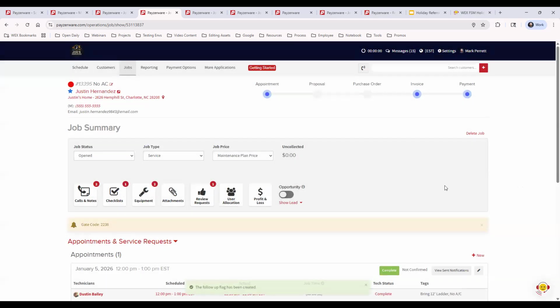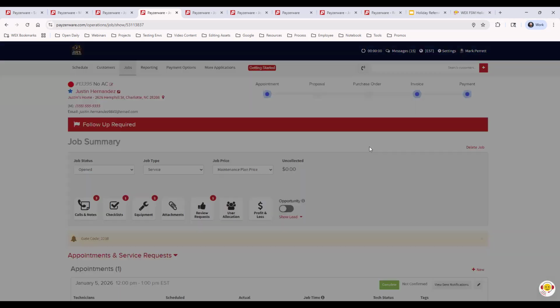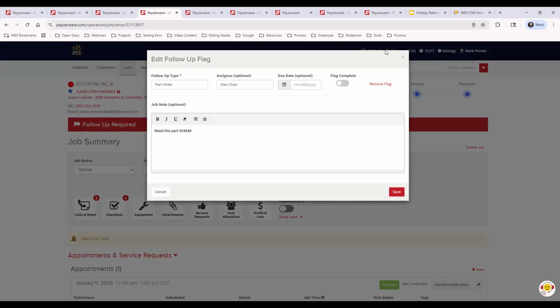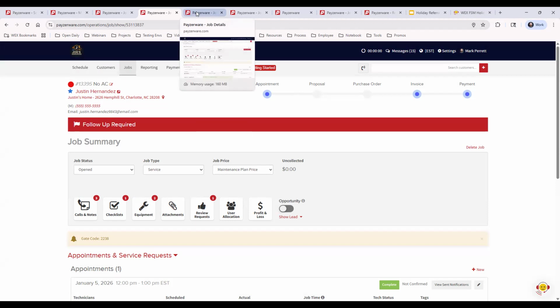That will create a flag. This now will be recognized in your system as a flagged job. You can click on the red bar here to edit or update the flag. And the place to keep track of all your flags so you can manage your jobs in bulk is by